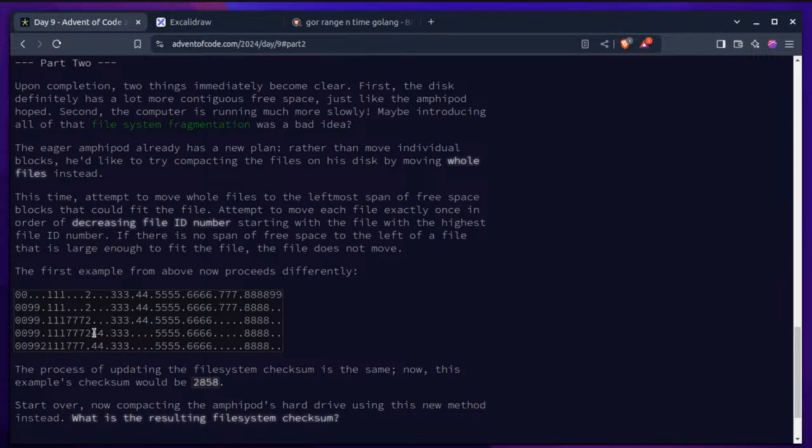Oh, okay, that is a little. Okay, so we keep moving the files until we see. Oh, okay, that will be quite interesting. Okay,